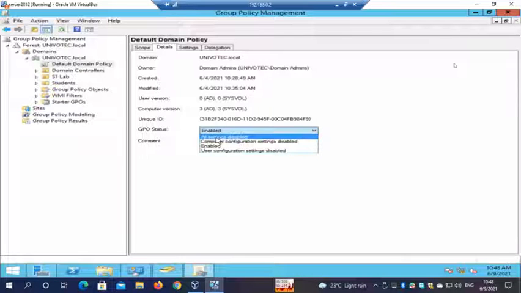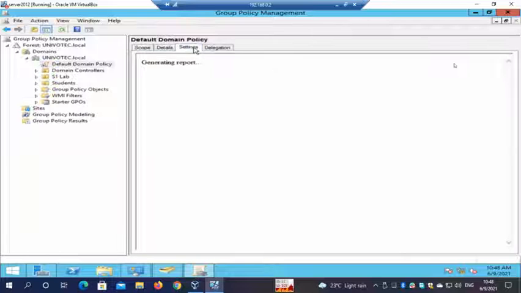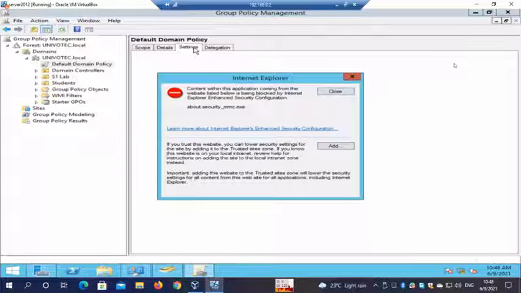If I select all settings disabled, then this policy will be disabled until I enable it, right? Or I can put computer configuration only disabled or user configuration. So those options are there. Then settings. That means it will show me what the current settings are. I showed you this last time also.